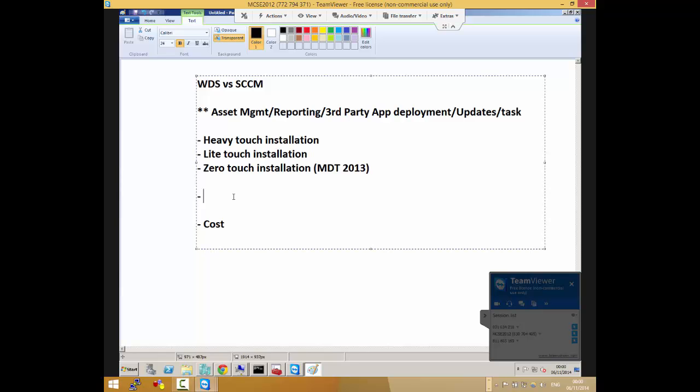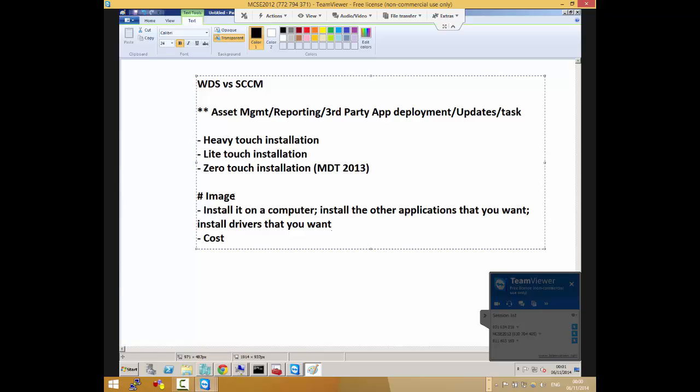So my understanding of this is you want to do WDS. WDS works in a process. So you have your image, right? You have your image that you want to deploy. What you can do is you install it on the computer. Then after you install it on the computer, install the other applications that you want. You can also install something like the drivers that you want.